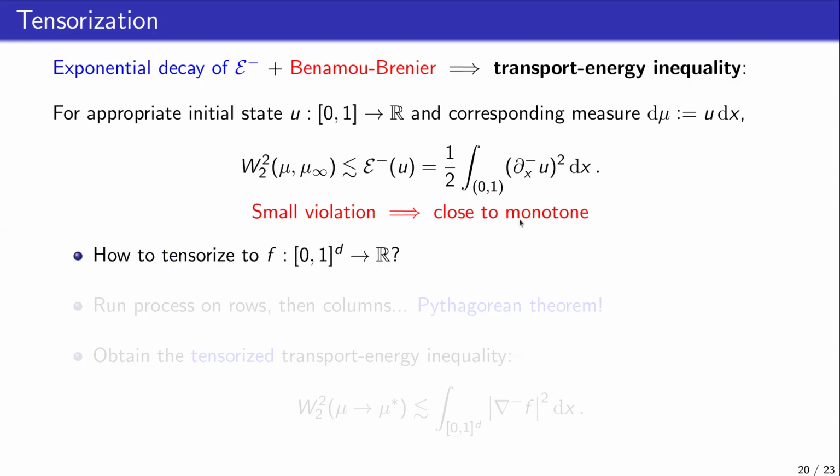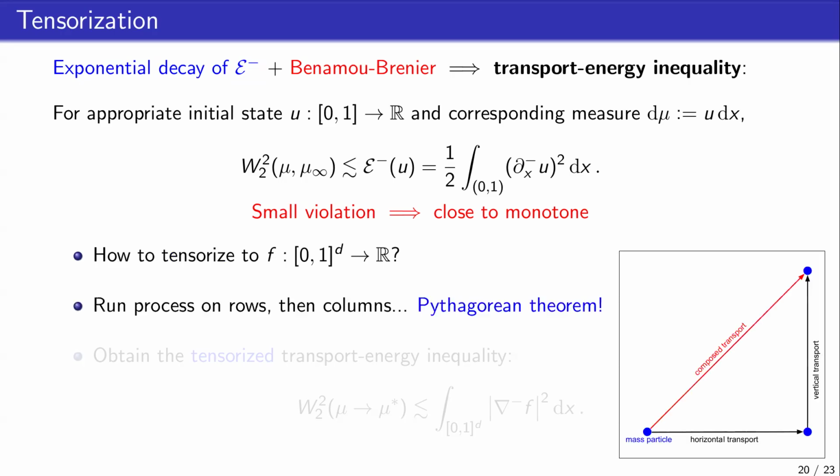Okay, so was it useful to get this transport energy inequality? I'm going to claim yes, and the reason is that it's going to help us move from one dimension to d dimensions, to tensorize. And how are we going to do that? The answer is that we're just going to do this one coordinate at a time. We're going to fix our domain, our solid hypercube. We're going to run the process in all the rows, then all the columns, then all the third coordinate, and so on. And the reason why this is going to give us a tensorized inequality is simply because of the